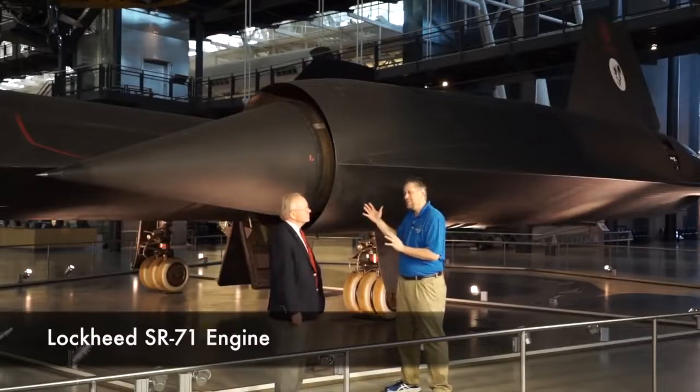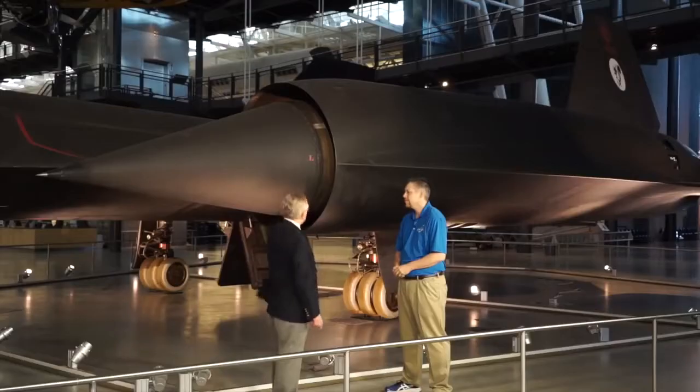Can you tell us about the engines on this plane? This was the most difficult job that Kelly Johnson had, and Ben Rich designed the inlet, because no engine, even today, can absorb supersonic air. So at some point you have to adjust the airflow. And the purpose of the spike here is that this is a subsonic position. When you hit 1.6 Mach, 1.6 Mach is about 1,000 miles an hour,